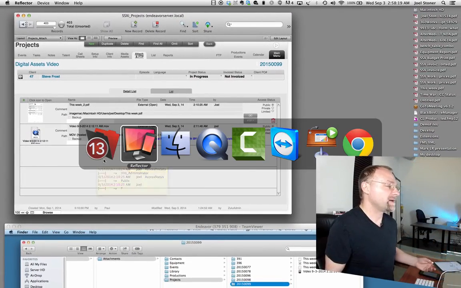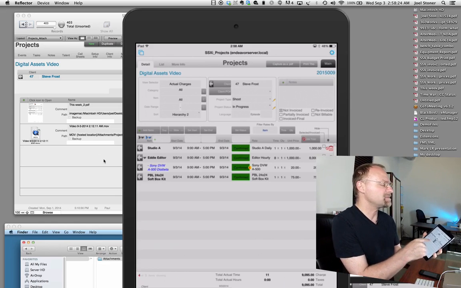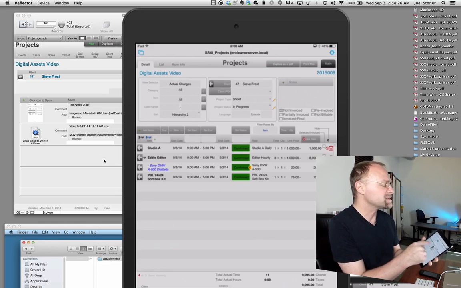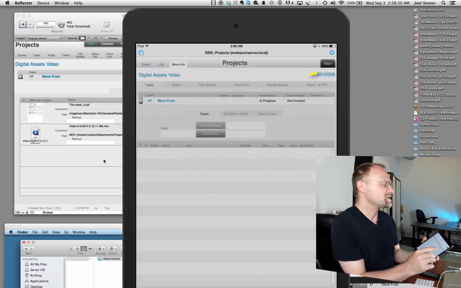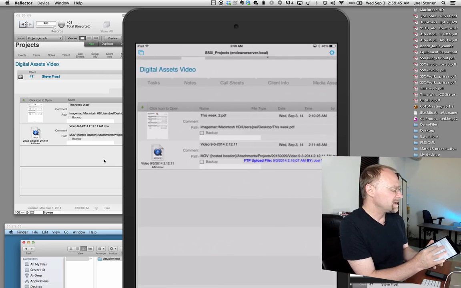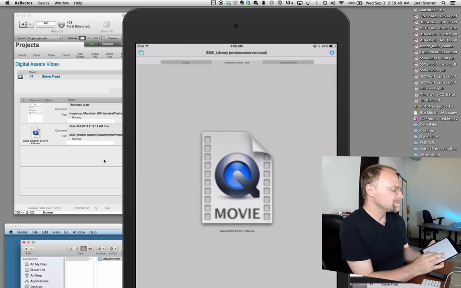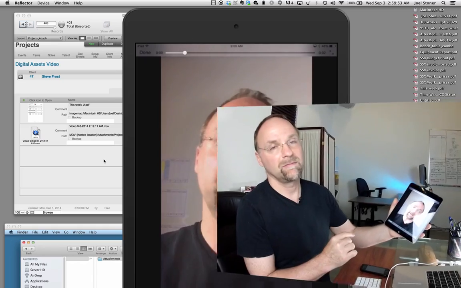So I'm going to bring in my iPad, put on my producer hat, look at my resources, dates, times, quantities, prices, charges, expenses, all that stuff from here. I'm going to go to the More Info tab, touch on the Attach and FTP. Here I can see those media assets that I created. I'm going to tap on the video one, tap it again. That's going to let me hit the play icon. Then from there,